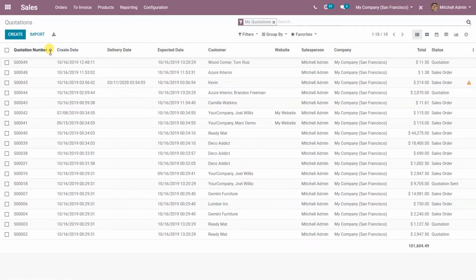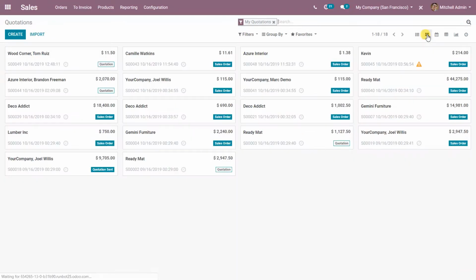Now in case this view is not good for you, you can go to this right hand corner of the screen and click on the other options available to you and can have a view over the same data in other different formats. The first one is the list view itself that we just went through. The second one is the Kanban view. This is a mobile responsive representation of your data that shares a limited information at a glance.